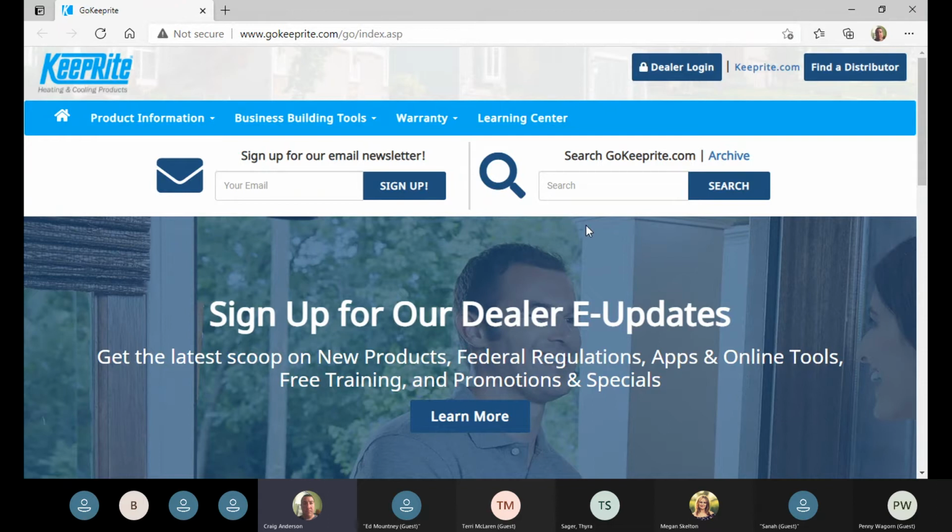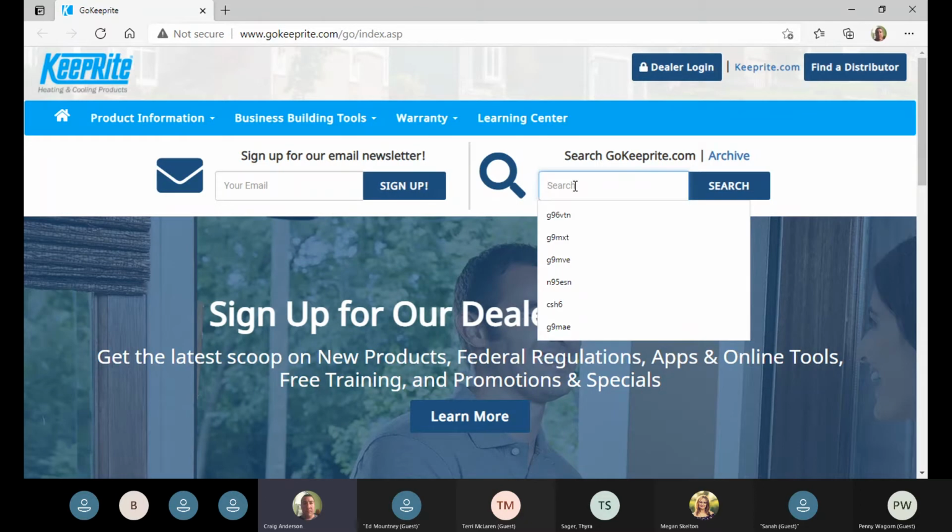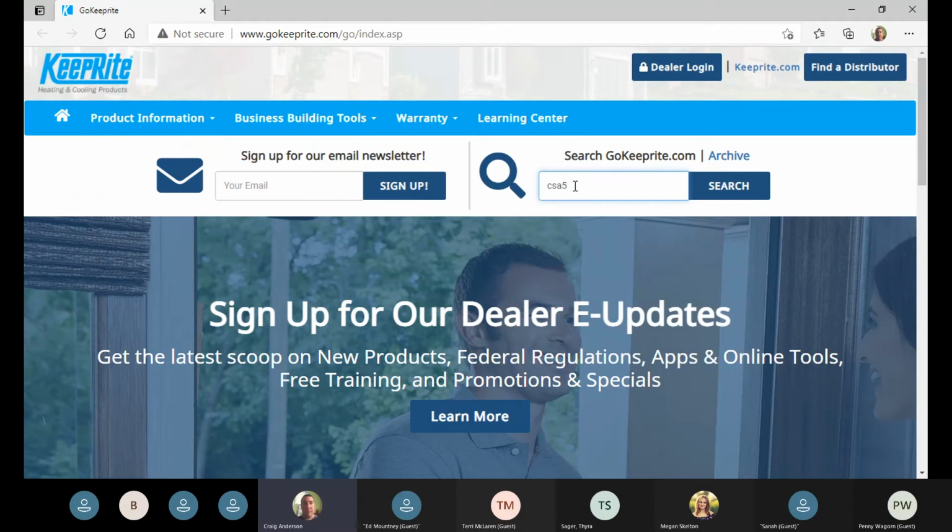The search box is the main option for looking up installation manuals, service manuals, warranty information. So I can pick an air conditioner, CSA5. So about 4 to 5 digits of the model number starting on the units. If we do too much, then it's going to get confused and not get you anything, or it's going to get you way too much stuff. So if we punch in the first digits of the model number and we hit search,